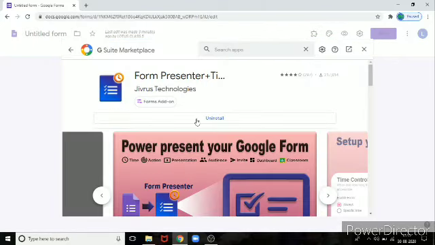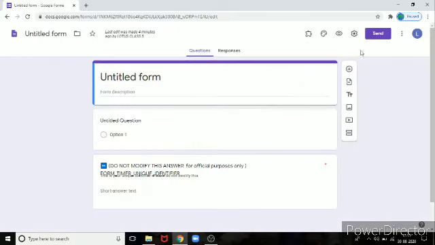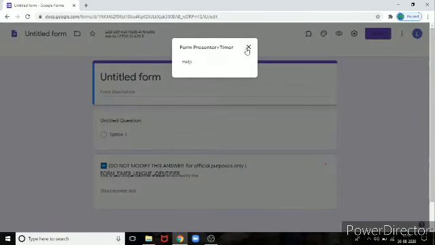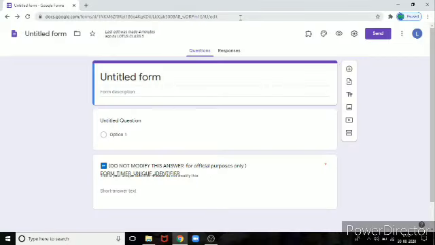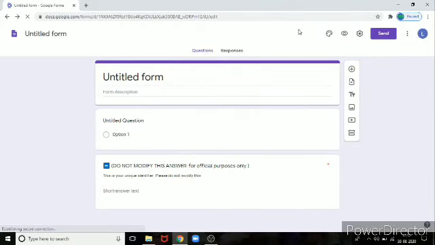As I have already installed it, I'm just moving back and going to this add-on, form presenter plus timer. Again it is not showing the settings, so just refresh the page. After refreshing the page, the add-on will be loaded.